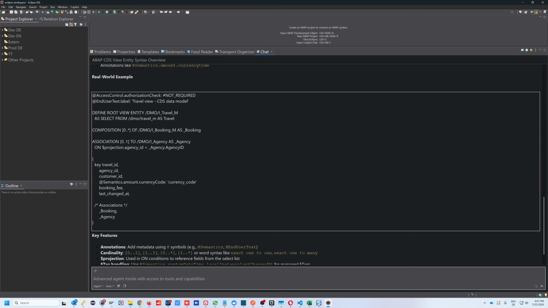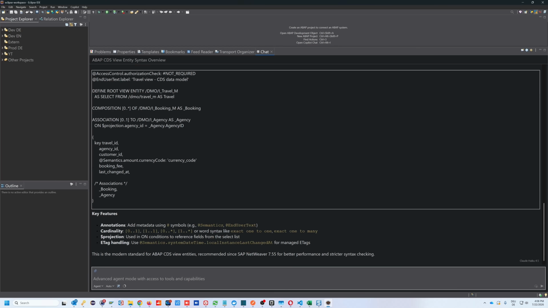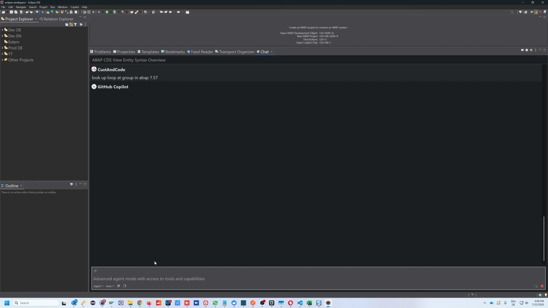So the next question we can ask is a version specific query. For example, look up loop at group in ABAP 7.57. And the MCP action is again search with the query loop at group 7.57.